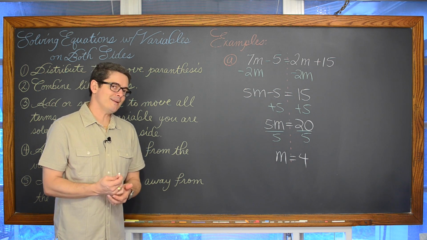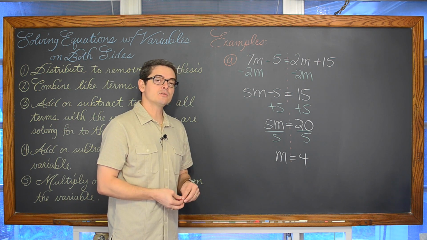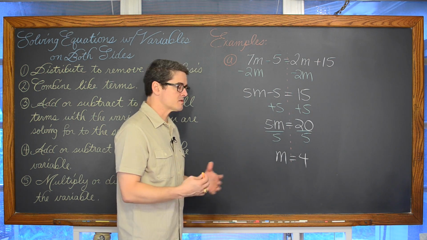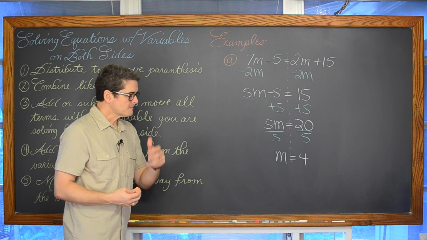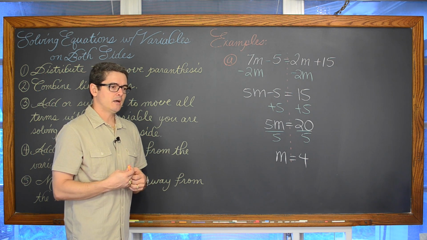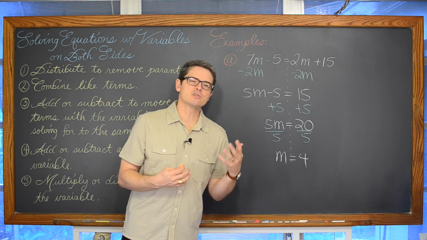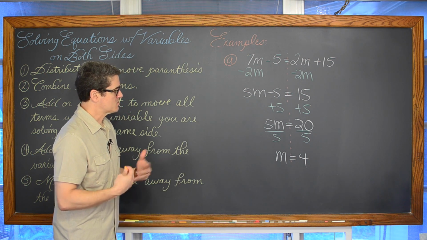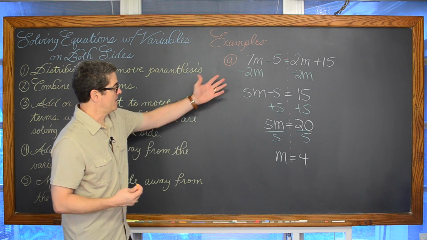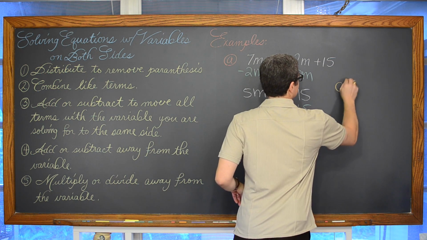Well, that's only the answer if it can be plugged back into the original problem and the two sides are equal. That's what a solution is. You're also going to learn when you start dealing with two variable equations or equations of parabolas and lines and all kinds of good stuff, that a solution is also an x-intercept. It's where the graph crosses the x-axis. But here, we're going to take this value of 4 and plug it back into the original